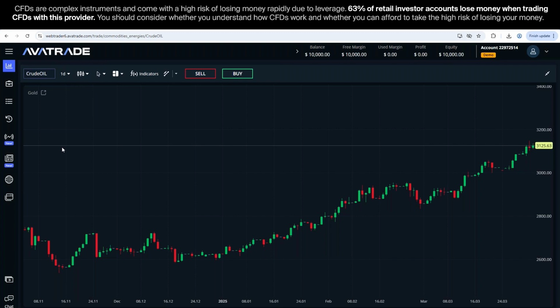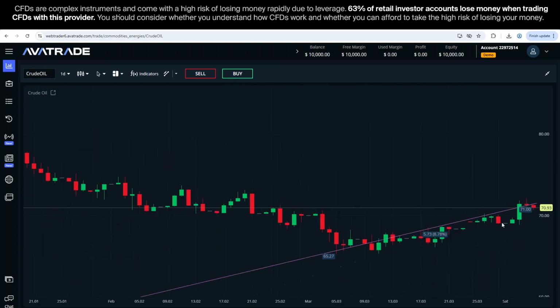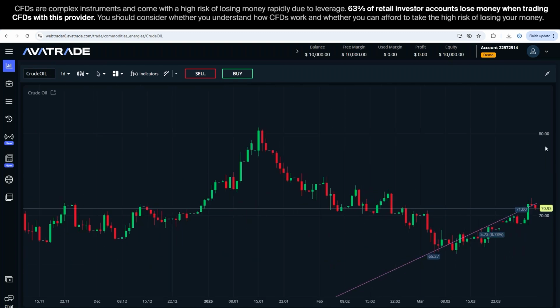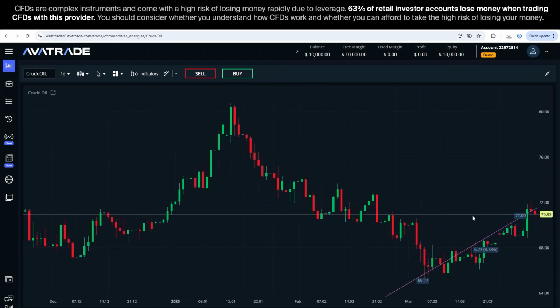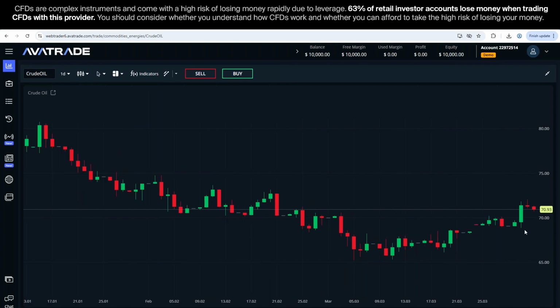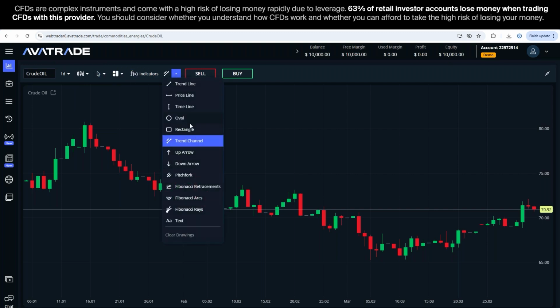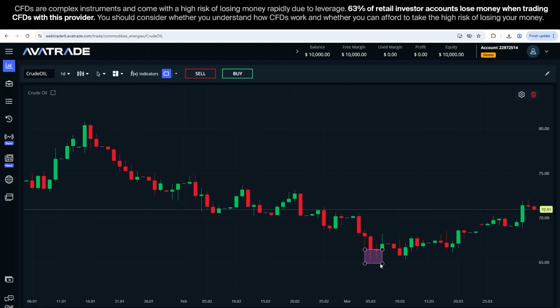Okay, it's crude oil, but it's showing us gold. So let's bring oil again. And as I said, we have some interesting things, which is changing the candles from candles to line. Why does this make any difference if I'm looking at the candles or the line? Well, we've learned before that with the candles, we get a bit more specific analysis that in some cases